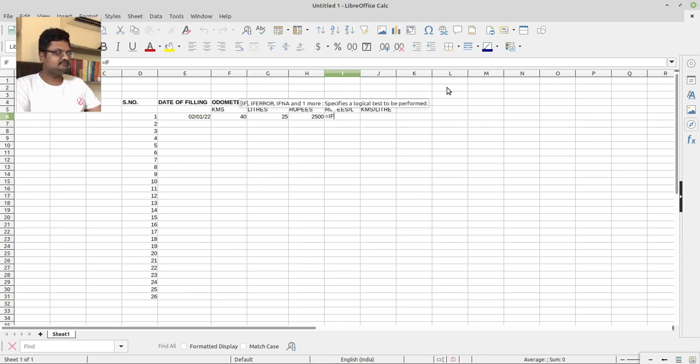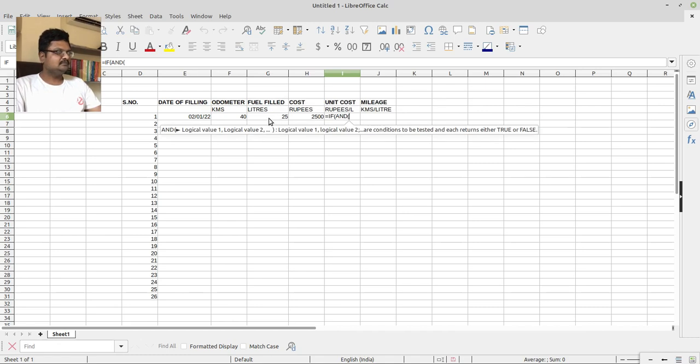If, and we put an and here, this not equal to 0, comma, six not equal to 0, and what is the value? The formula we use is, this is unit cost, so